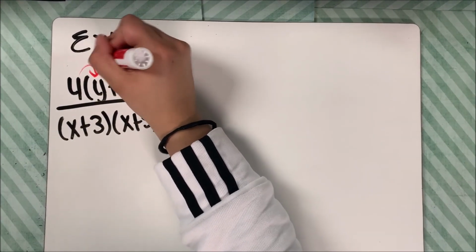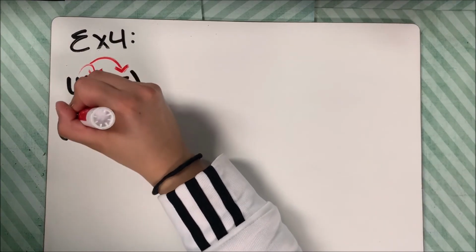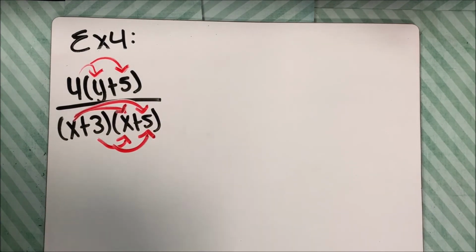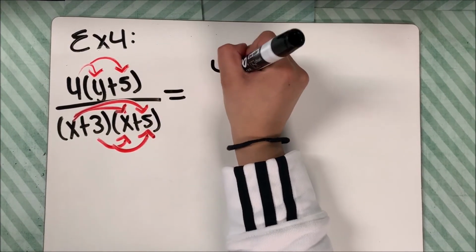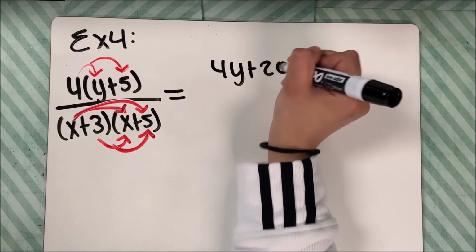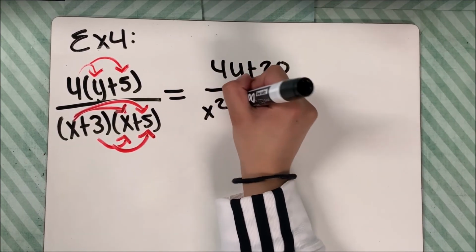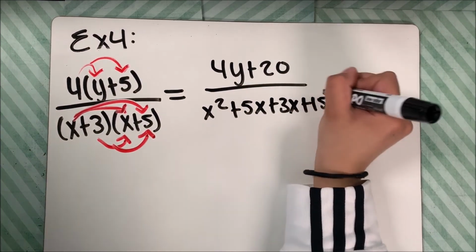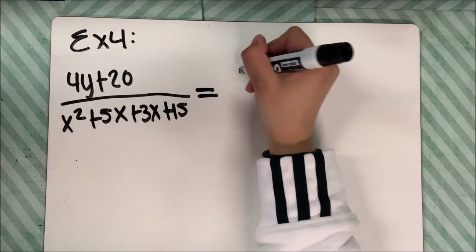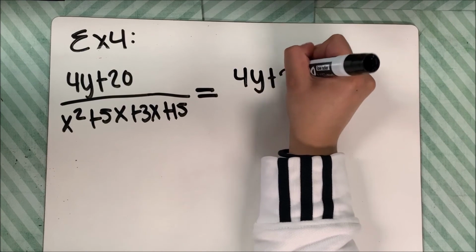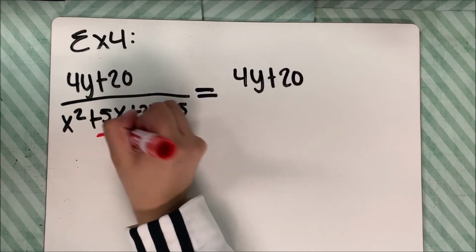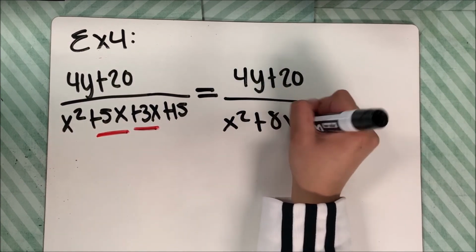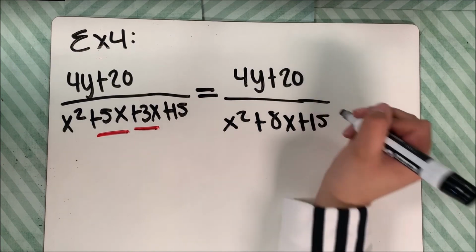And now you distribute 4 into y plus 5 and multiply x plus 3 and x plus 5, resulting in 4y plus 20 over x squared plus 5x plus 3x plus 15. After combining 5x and 3x, you are now left with 4y plus 20 over x squared plus 8x plus 15